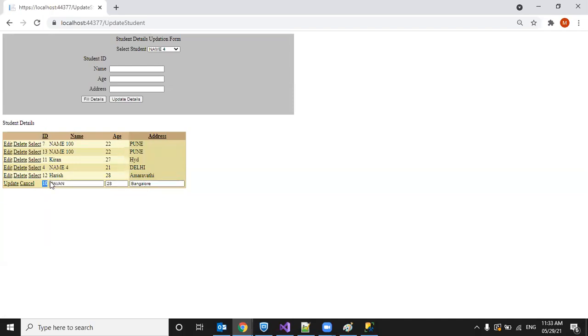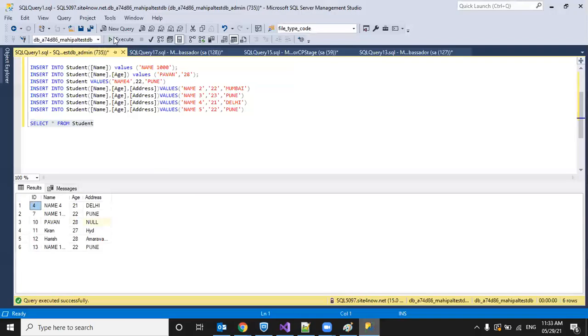As it is a primary key, we cannot edit this value, so it is showing as a label. The other values can be edited, so it is showing them as text boxes. Okay. So clicking on the update button now. So it updated. Right. Let's go back to the DB and check.